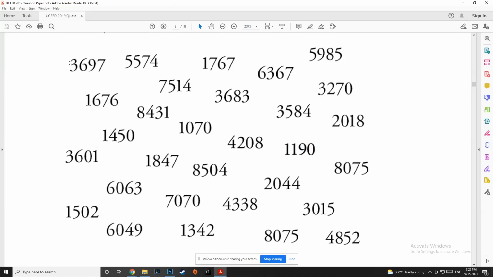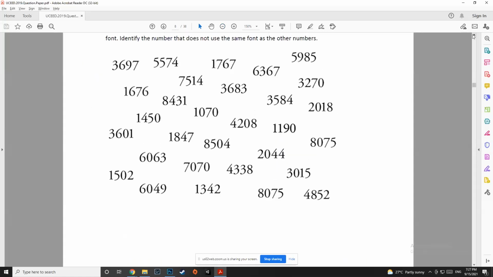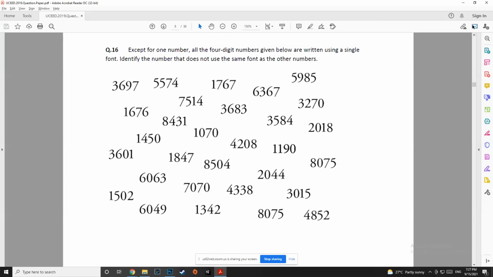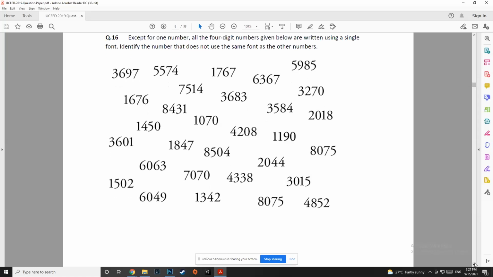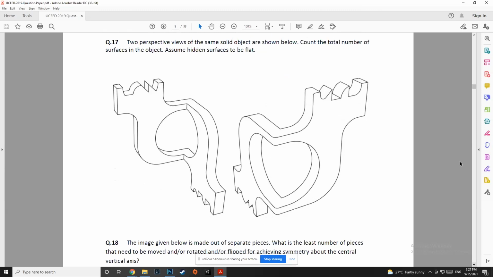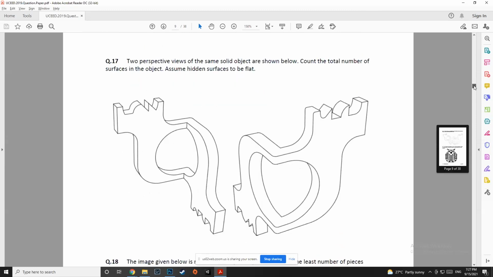Now we need to verify whether this 9 is different or this 9 is different. So we'll just take this 9 and compare it with this 9, and we can see that these two are exactly similar. That means 1190 in the beginning only it was different. Okay, so this sort of a question falls under the category of font recognition. Font recognition, typography, calligraphy, these things will be a repetitive topic. The questions will always have at least one of these.